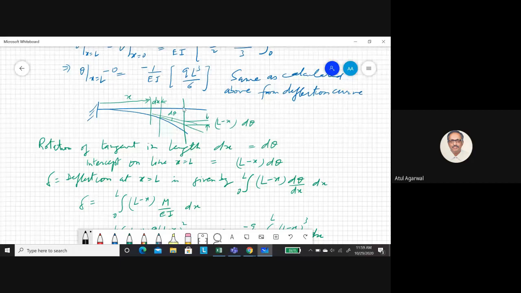This intercept is d theta into this length. If this distance is x, this distance is L minus x. So this intercept becomes L minus x into d theta. So I have written the rotation of the tangent in length dx is d theta. The intercept on the line x equal to L is this. Total deflection at this position will be...